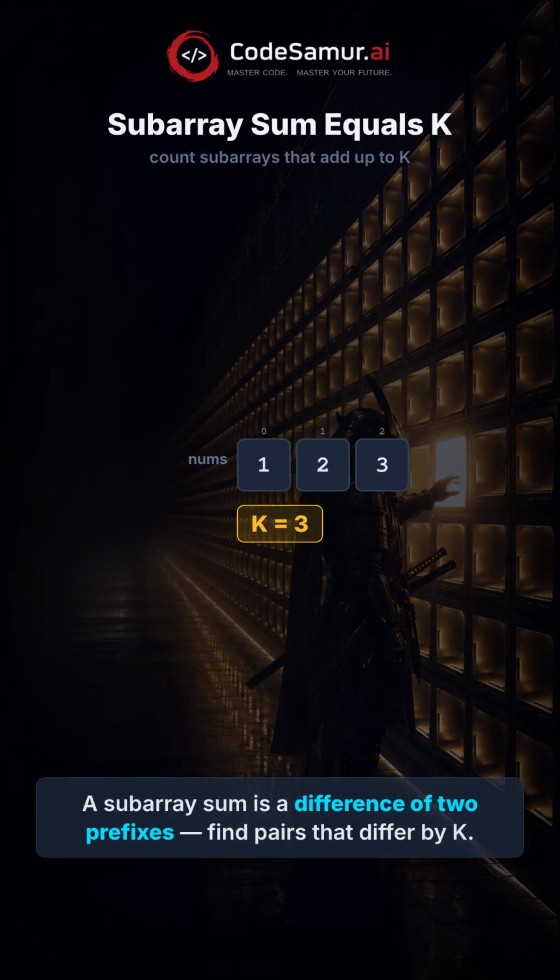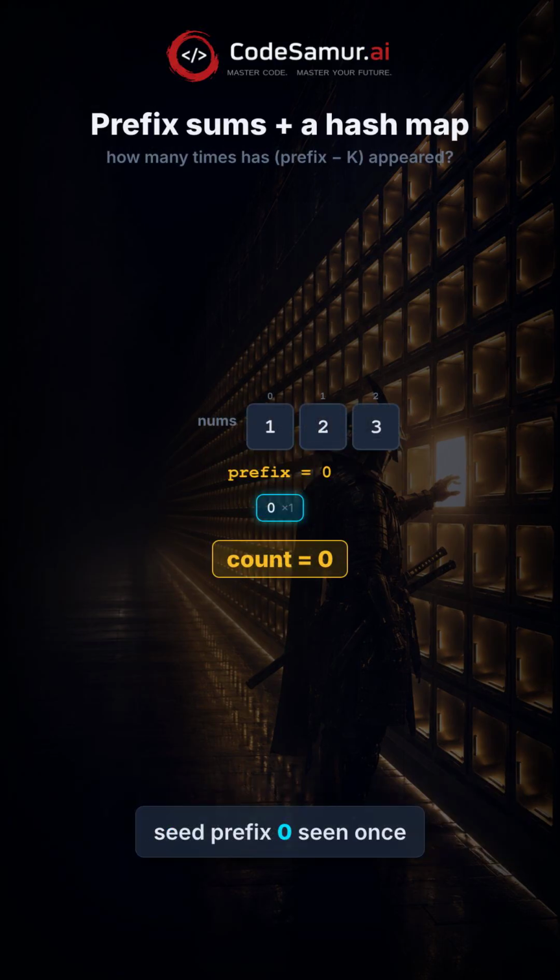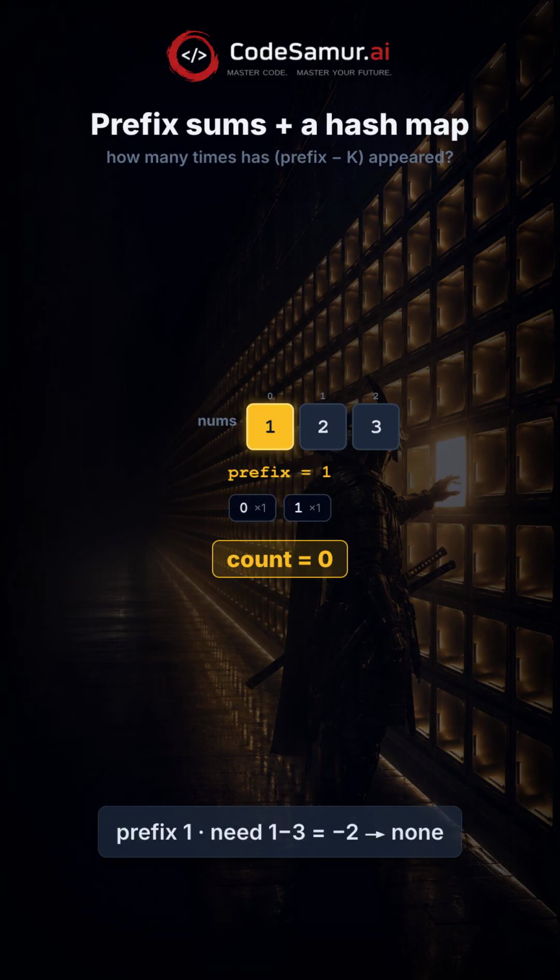Next, a sharper one, count the subarrays whose sum equals a target k. A subarray's sum is a difference of two prefix sums, so we need pairs of prefixes that differ by exactly k. Sweep the prefix sums left to right, and keep a hash map counting how many times each prefix value